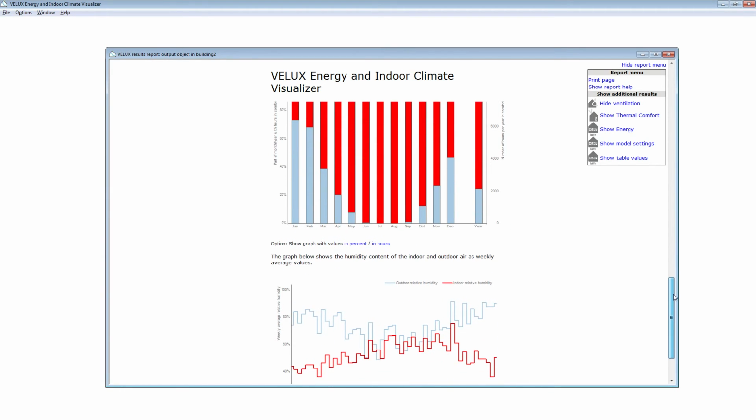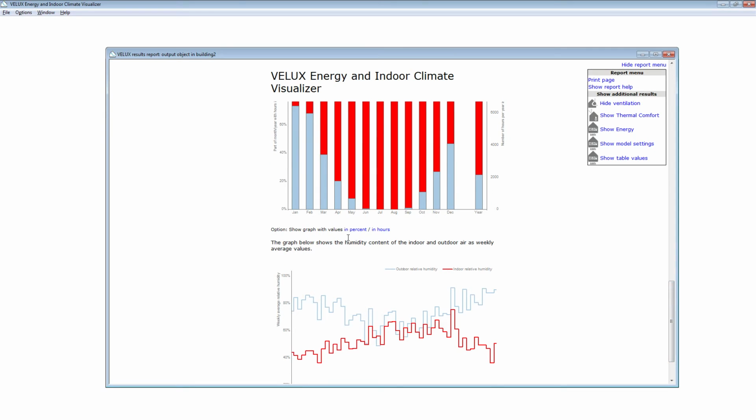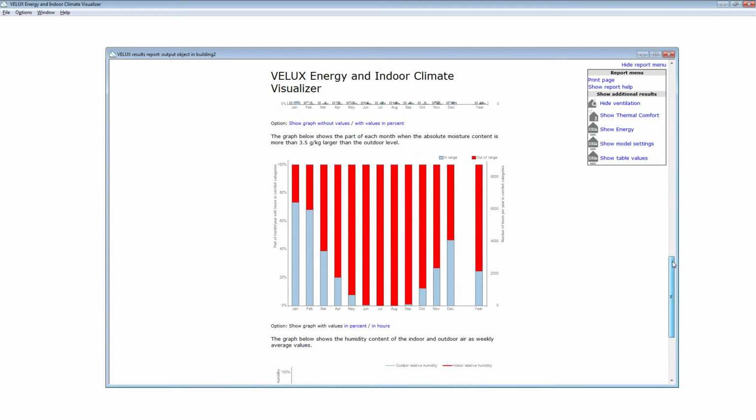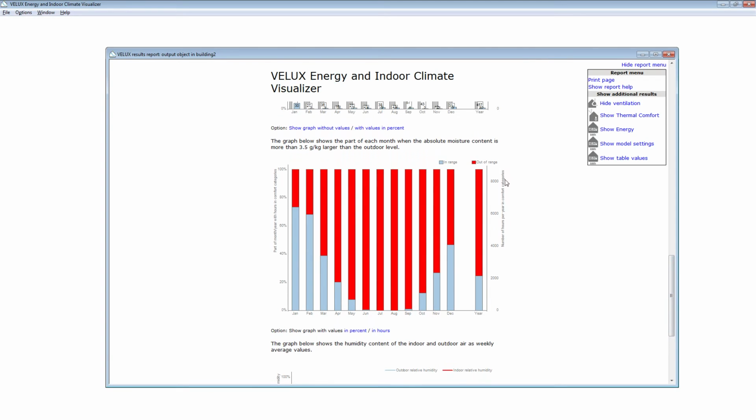Here we have the energy and the indoor climate. The number of hours where we have the out of range condition, and this is not something we have set. So the out of range condition is for our case limited by the Danish building regulations, which I will go into in the next part.